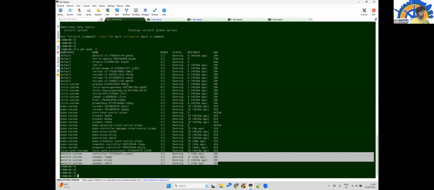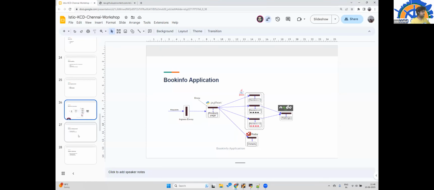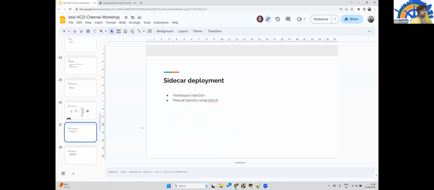So, taking one more slide for this part of the workshop: sidecar deployment. Basically, the core of our service mesh is a sidecar, which is an Envoy proxy.